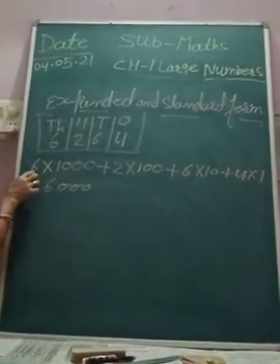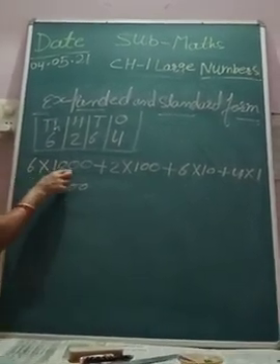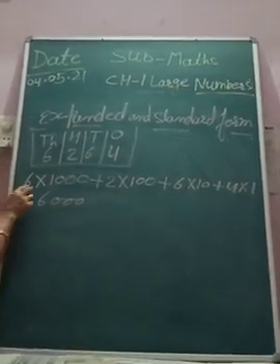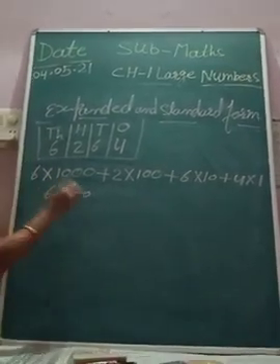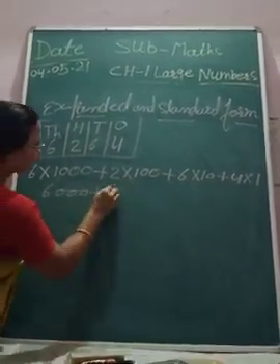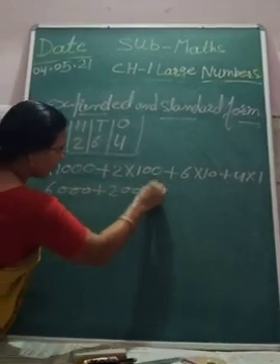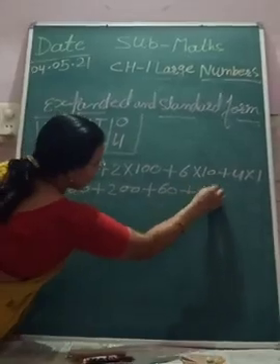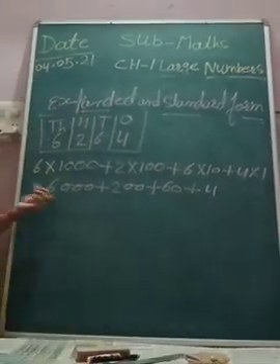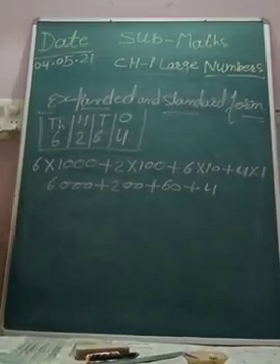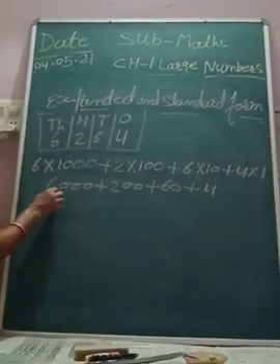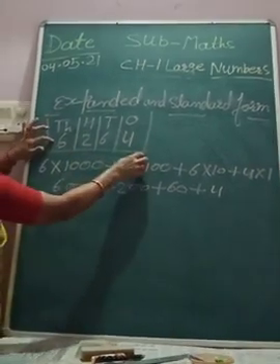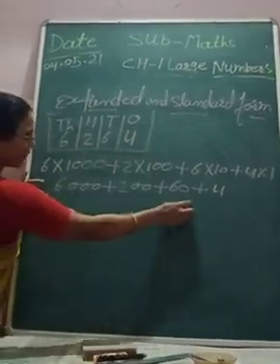Now see, multiply this: 6,000, plus 200, plus 6 tens are 60, plus 4. Or you can do it easily when there are so many zeros. In the previous class I explained how to multiply 6 ones are 6 and put all the zeros. Now this is your expanded form. When you have to write this expanded, this one is your number, you have expanded this digit.